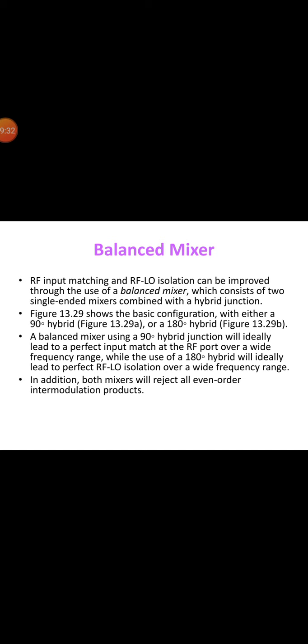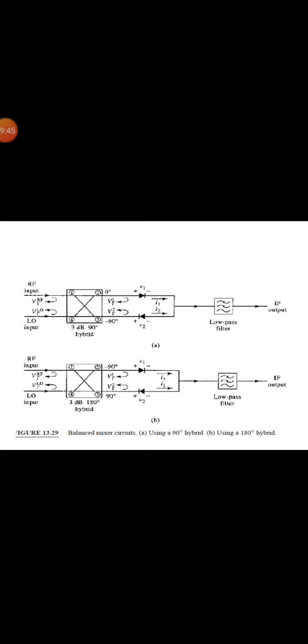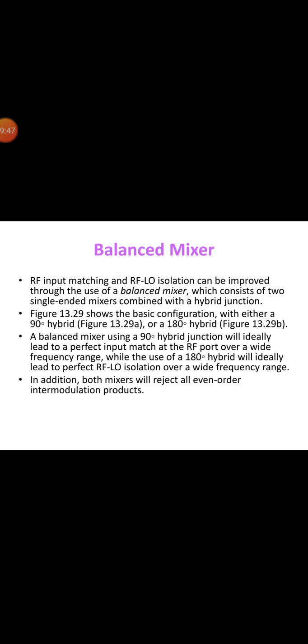The balanced mixer gives RF input matching, and RF and LO isolation can be improved through the use of a balanced mixer, which consists of two single-ended mixers combined with a hybrid junction. And this figure shows the basic configuration